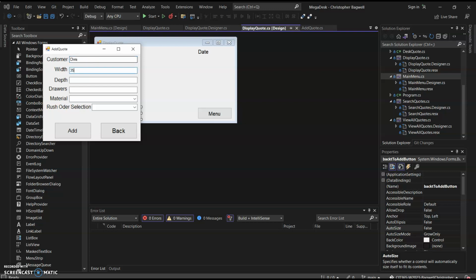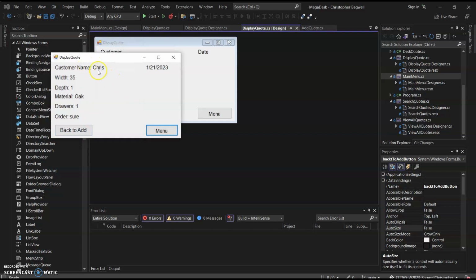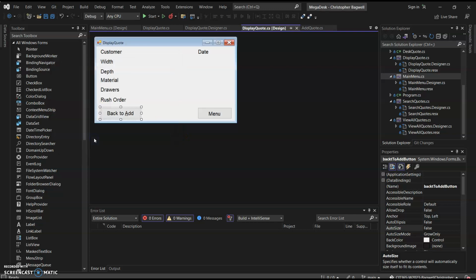I can go back to add. Chris, 25, 35, 1, materials oak, rush order, sure, and then add, and then here I have my name, the date, the width, the depth, the oak, the material, the drawers, and I can go back to the main menu, and then I can hit exit to close,